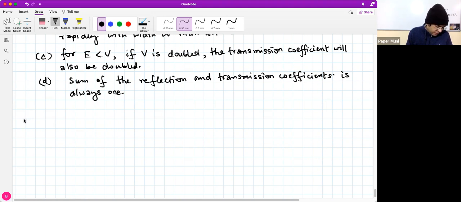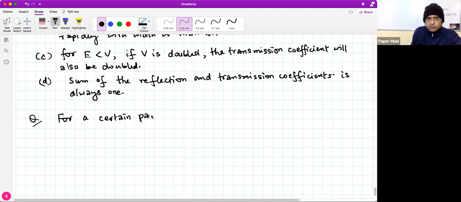All right, and let's write down another question for homework. See, if you are able to get the theory and apply yourself to get the answer to this question, you'll get a very good satisfaction and you'll learn things. So it's better to look at the solution after you try it. For a certain particle encountering a barrier,